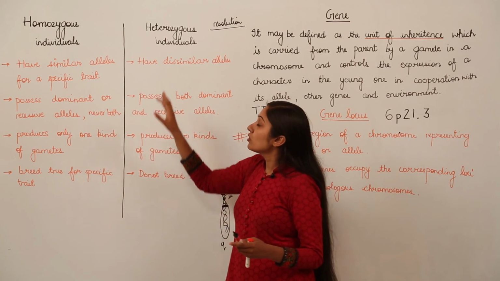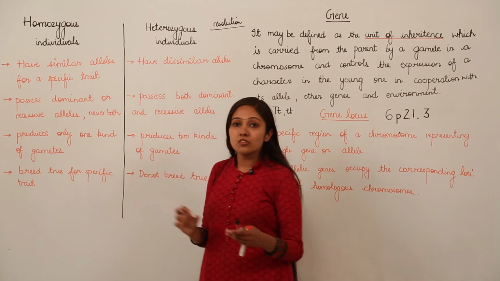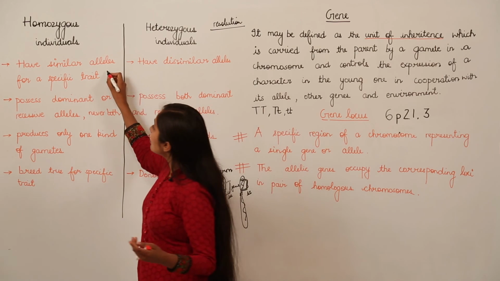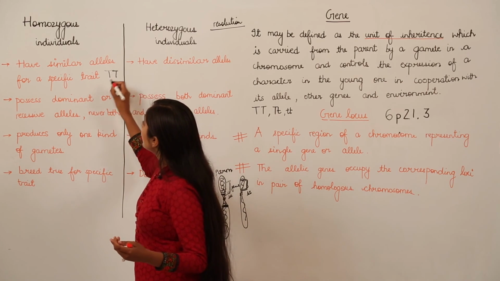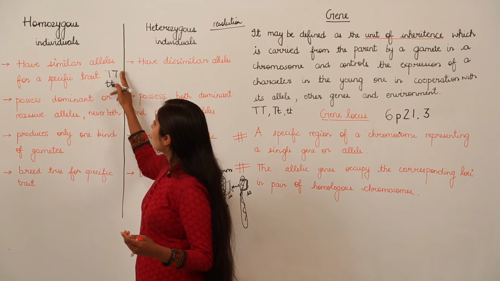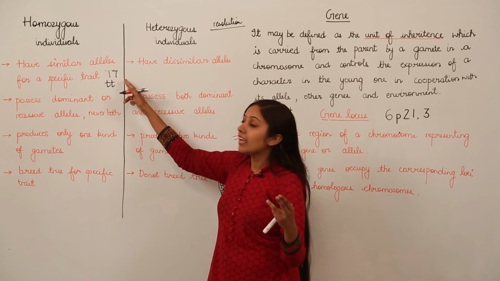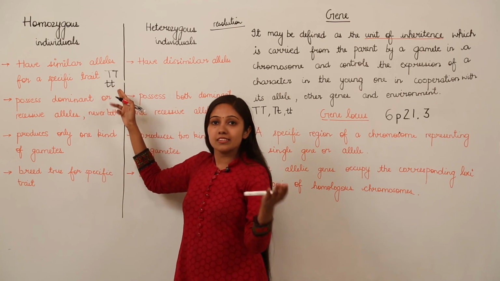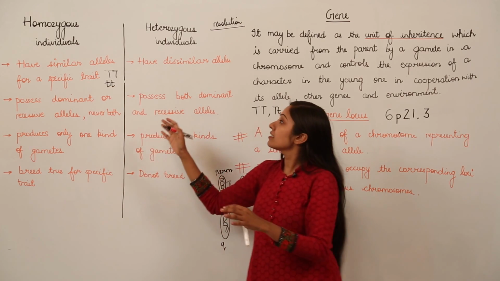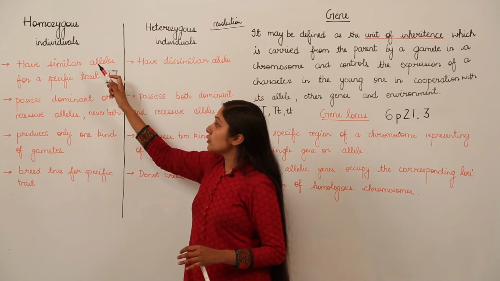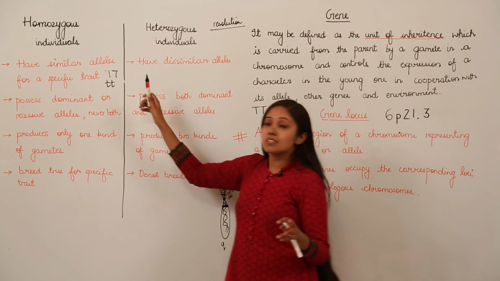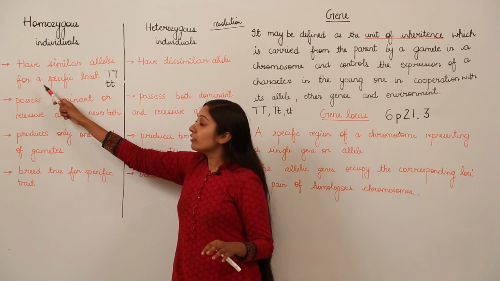When I talk about the alleles present in homozygous individuals, I will always write both the T as uppercase T or both the T as lowercase t. This is an example in the case of pea plant. When we talk about homozygous individuals, we are talking initially about similar alleles which encode for a specific